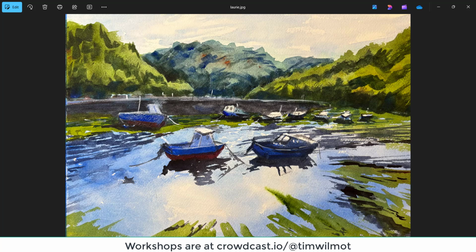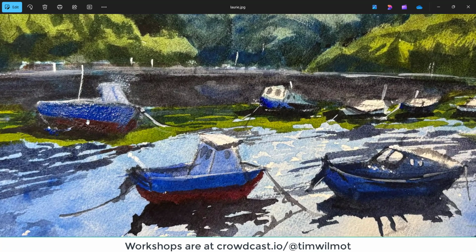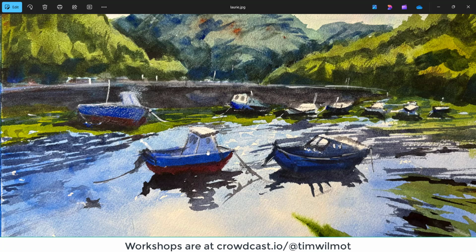Yeah, the boats, they've turned out really well. I like this one here. Bit of lightness. Maybe you took the photo when the paint was maybe a little bit wet, possibly, but it works really well. Love that boat there, and the other boats as well. These two boats, yes, they're all right. You haven't gone with the red, have you, with that one? So you've gone a bit more bluish with this left-hand boat. This one here,